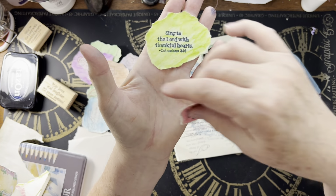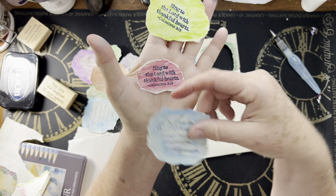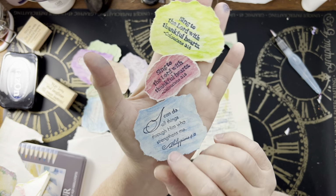So anyway, okay, here's what they look like torn out. I think that's a little better. And then, of course, you can ink around them too, if you want. So anyway,